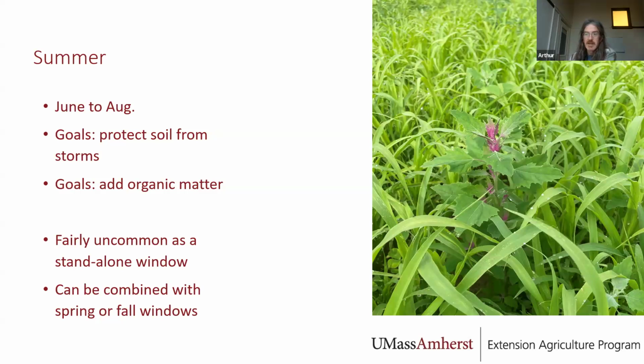And we want to have something out there that is going to have some roots holding the soil and stopping the raindrops from hitting the soil. Every time a raindrop hits the soil, all the little bits of soil get loosened and broken off of the aggregates, and those little bits can clog up the pores in the soil so that you then get worse infiltration of the rain, and they're all loose and available to erode right off, which is a big